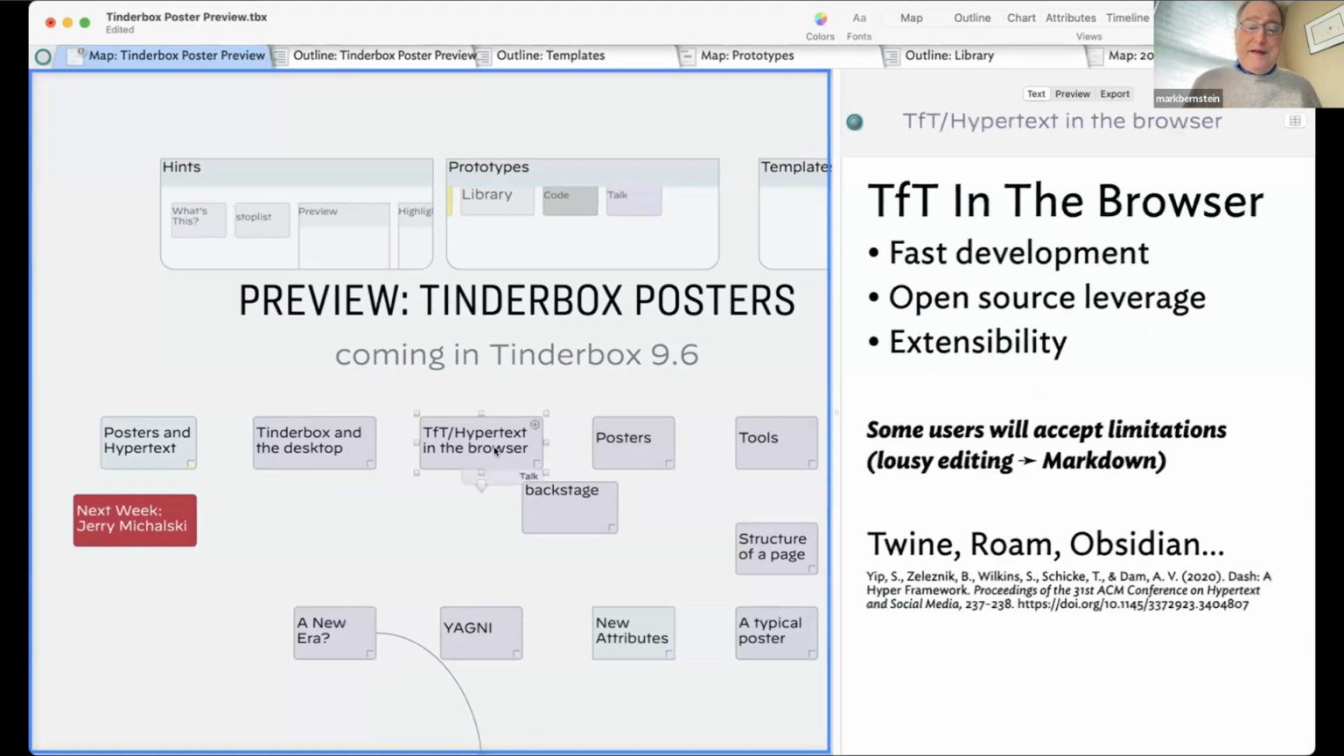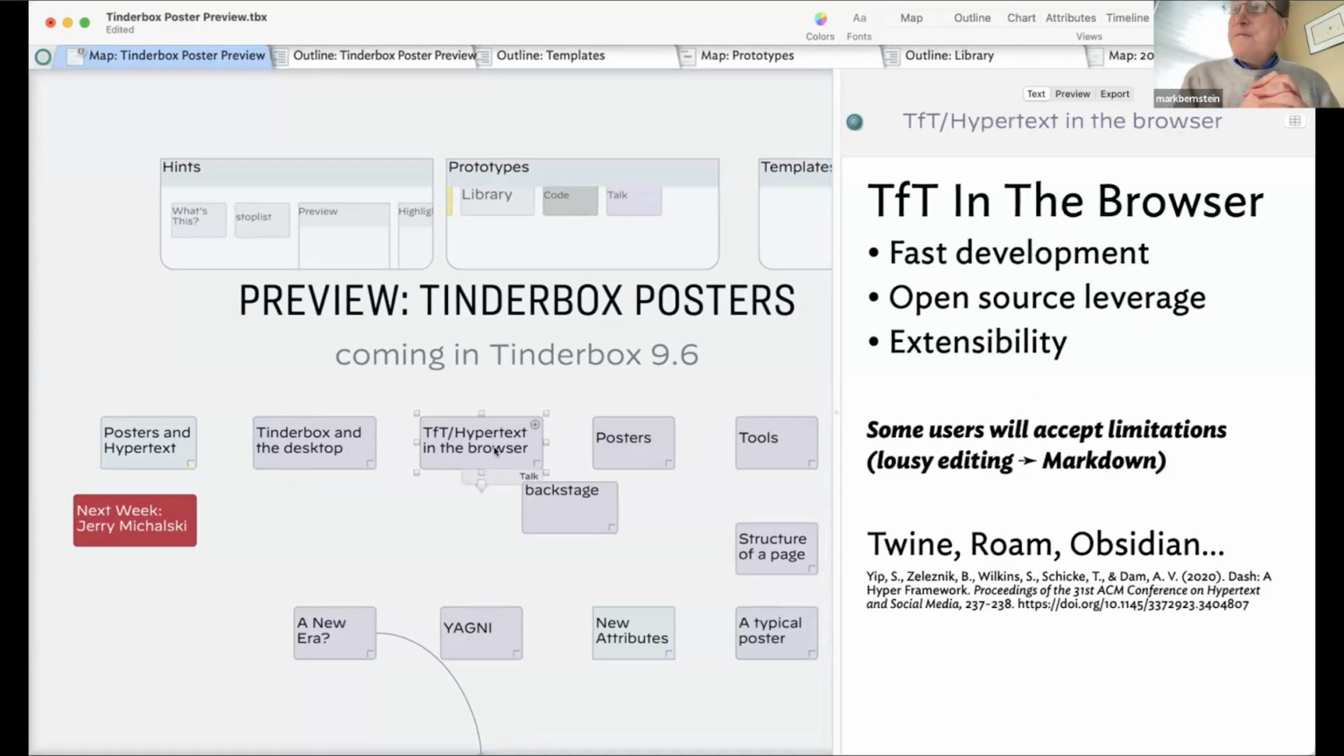Now, in the last decade or so, there have been more and more tools for thought developed in or around the browser, literally in the browser like Chrome, or in any case, web panes like Twine. This gives you opportunities for fast development, open source leverage, and extensibility. A premise here is that in exchange for fast development and extensibility, it turns out some users will accept real limitations